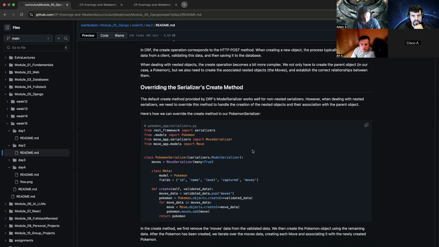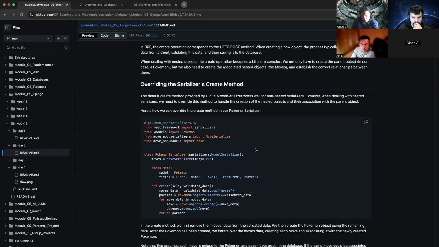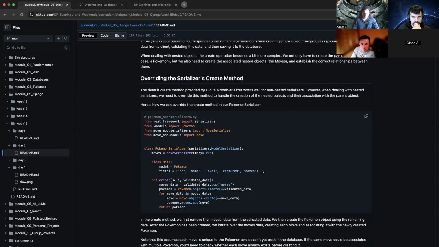The default create method provides the DRF's model serializer with non-nested serializers. This should seem very familiar from yesterday. In the Pokemon app, you create a file called serializers. You have the class Pokemon serializer. What do you notice here? This is what we covered yesterday. What's happening here? You're nesting moves. And you're nesting models,